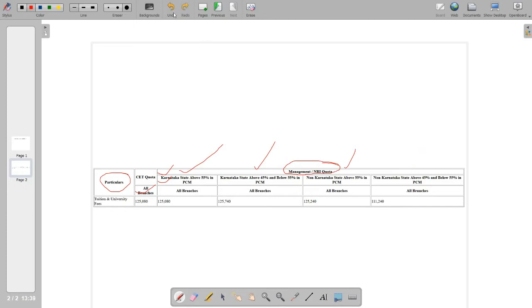Now you can just see here how many maximum columns are there in this table. So one column, this one, second, third, fourth, fifth, and sixth. Altogether 1, 2, 3, 4, 5, 6. So first we have to keep in mind 6 columns, and then only we have to see the merging.